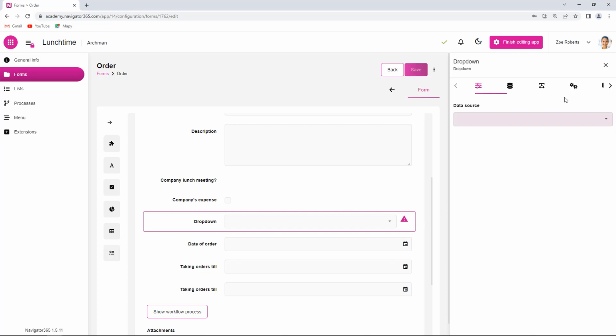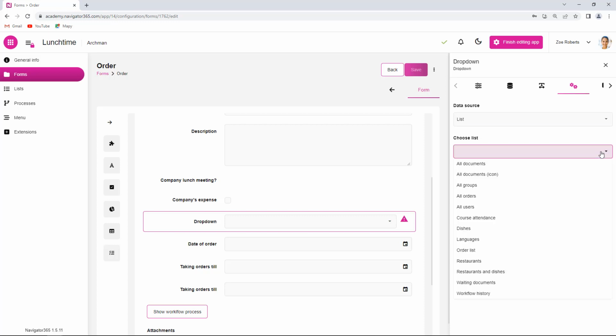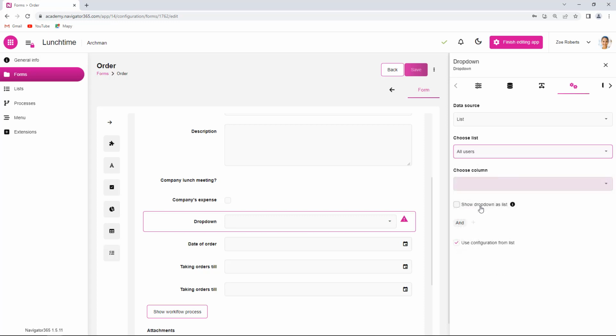So I will go into configuration, and again this is the same situation. We need to base the drop down field on some source. So the source in this case we will use the list. Now the drop down will be showing person responsible for the order, so I base it on all users. This is a system list available to other applications, and we want to use the column with the full name. Now we can save it,